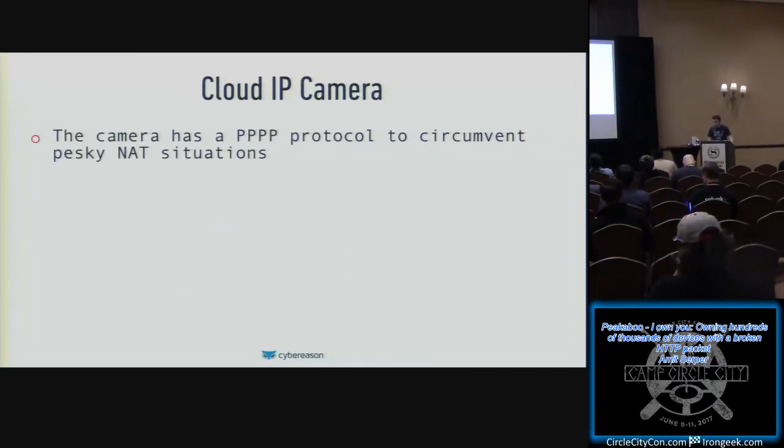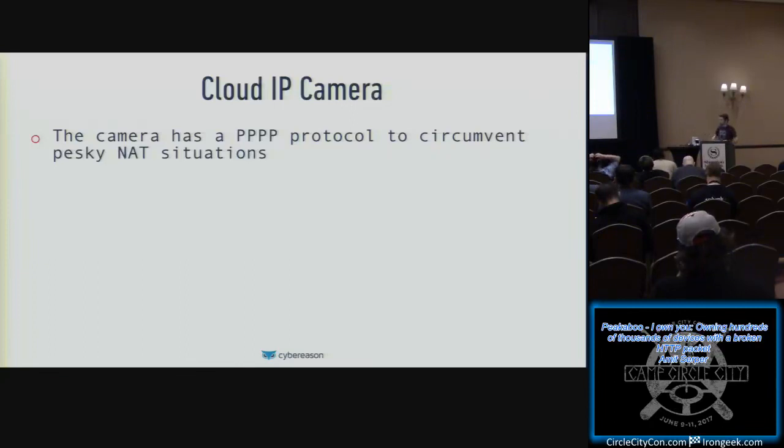A little bit about the camera itself. So they have something that's called a PPPP protocol. And I'm not going to go into that because that's a talk of its own, but I'm just going to say what it is because it's important. Every camera has a QR code on the bottom. And that QR code basically identifies the camera. So it's made for people to just take it out of the box, plug it into their network, and use a really shitty mobile app, scan the QR code, and then there's like a protocol that